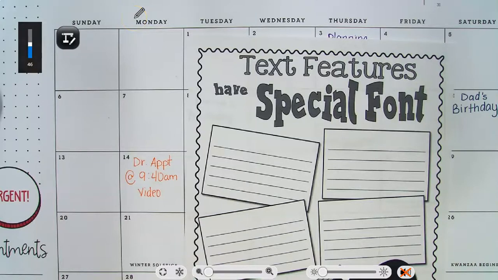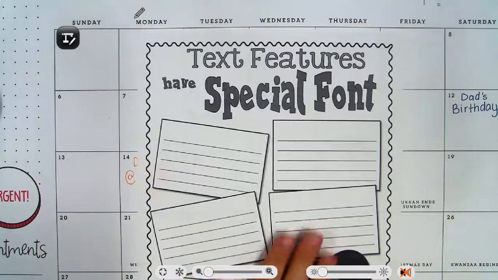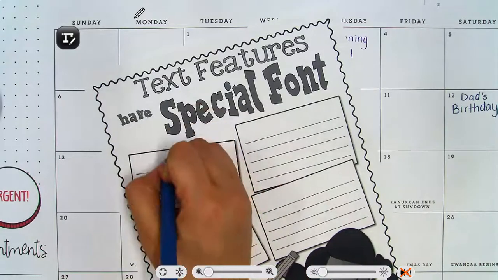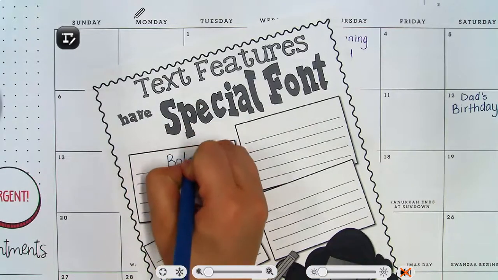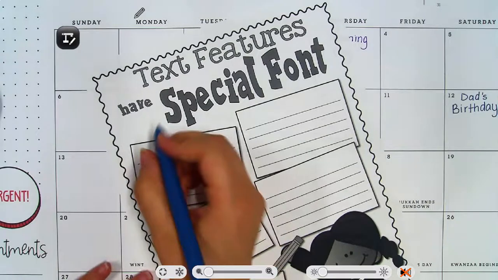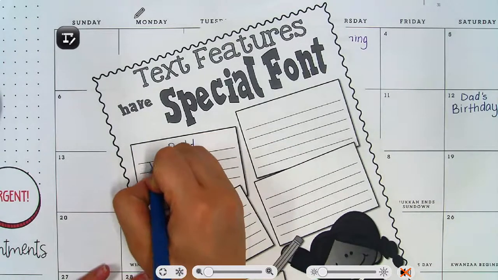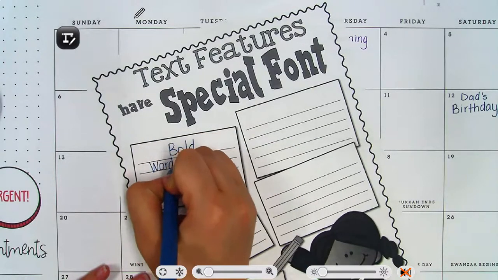Hi guys, so we are still talking about text features, and today we are going to be talking about how text features have special fonts. Sometimes the author may do special things with the fonts to make them look different. One of the things that they may do is bold the words. When it means to bold, that means words